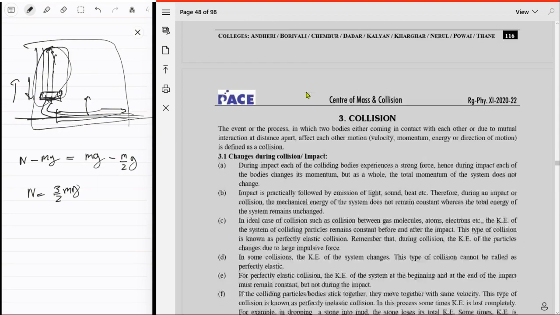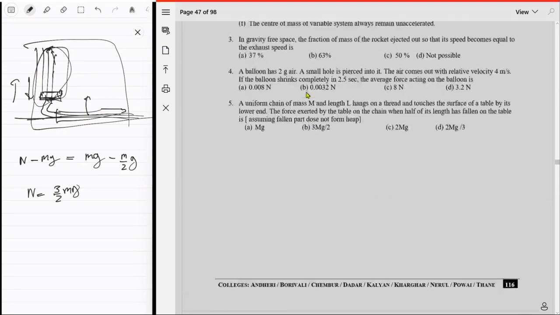So B is correct. Okay, and it's like collision, which